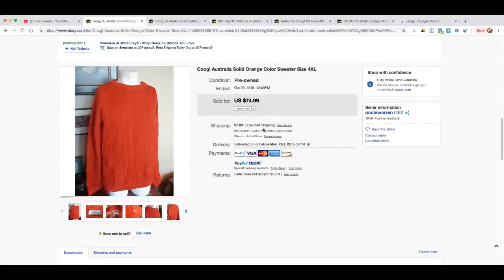So I want to share this one with you to pretty much showcase the difference in value between color being crazy and unique and obscure versus just a bland, solid color. As I showed you the first couple examples, one of the sweaters sold for like $200. Another one sold for like $120. This one only sold for $75. Now it is huge. It's 4 extra large. That's a really nice selling point, but it doesn't have that crazy unique color scheme, and it only sold for